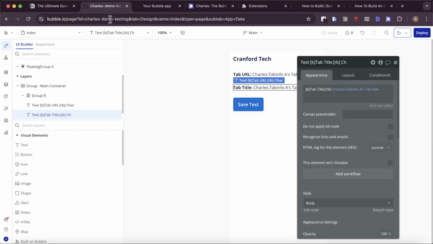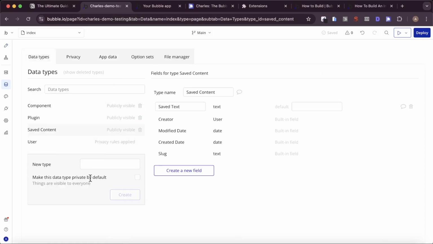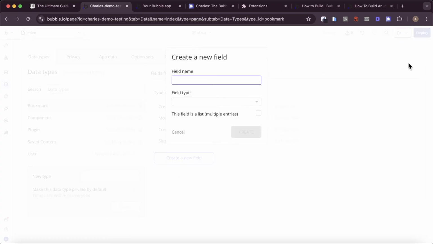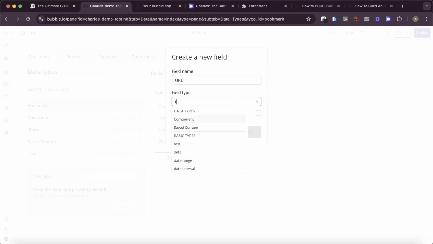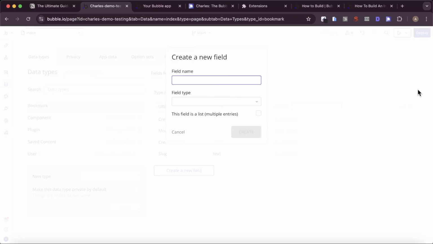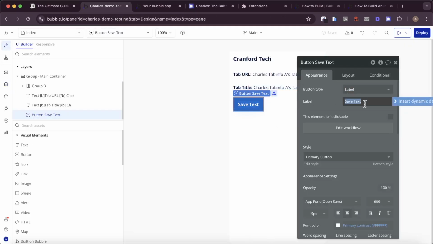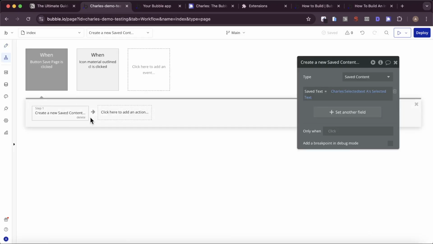So what you could do is go to new data type, and we'll call this bookmark. I'm going to give it two fields. The first field is going to be URL, which is going to be of type text. And the second one is going to be a title, which is also going to be of type text. And then what we can do is when this button is clicked, we're going to change it to save page. And instead of creating a new content,